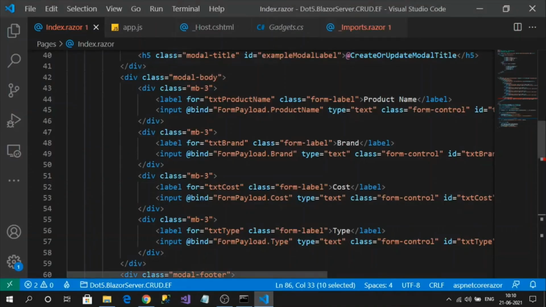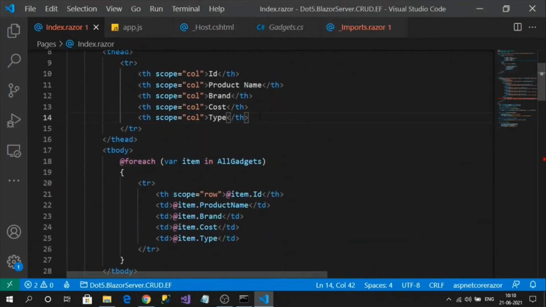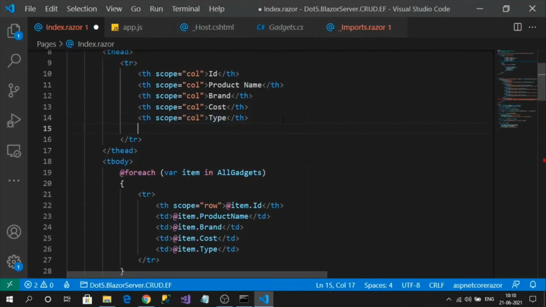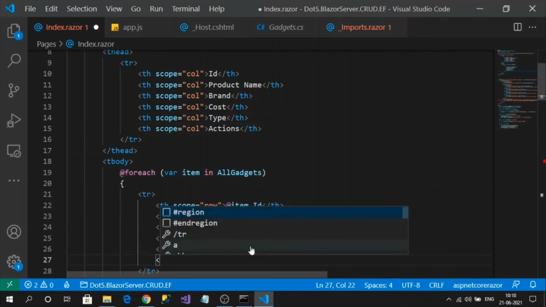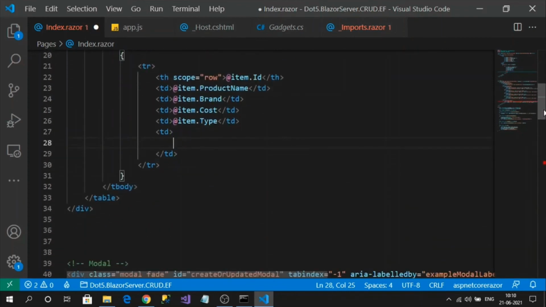Okay, so now let's focus on the edit operation. For edit, every record must be editable, right? So let's add one more column, th Actions and td. Here I will add a button, btn btn-primary.